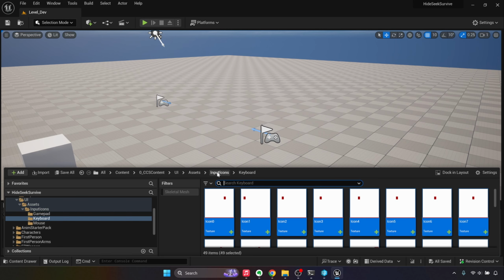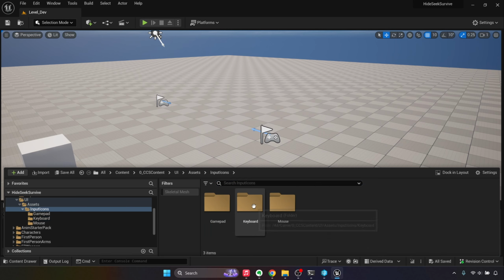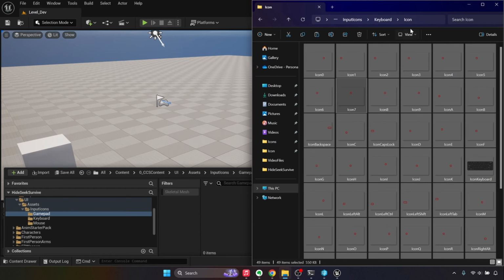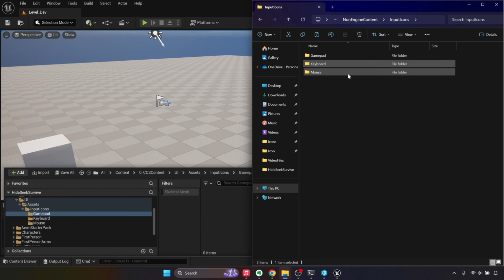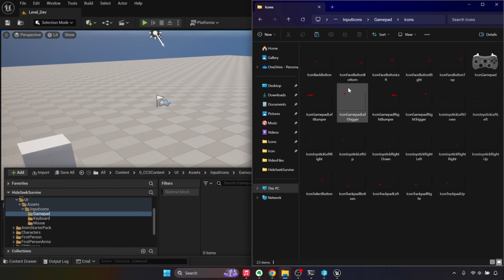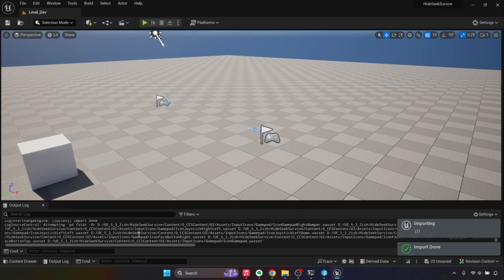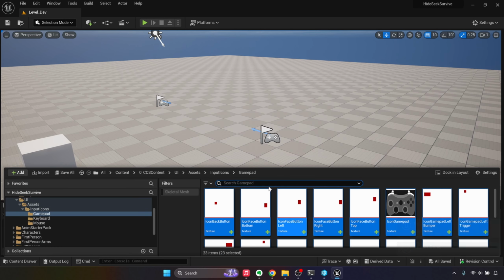And we'll save those. And don't worry that the background appears white, it is transparent, as I'll show you in a second here. But we're going to go into here, we'll grab our gamepad icons, and we'll drag those in as well. And as we open one up here, so you can see what it looks like in Engine,